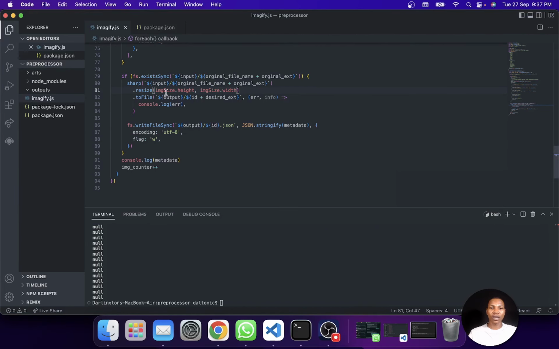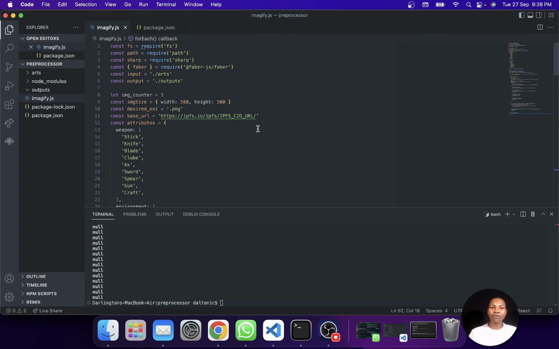So I want to output it in, let's say, images slash, and then metadata slash. All right, so let's run this, and we don't want PNG, we want WebP, because WebP actually is a